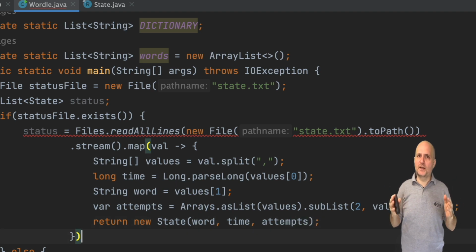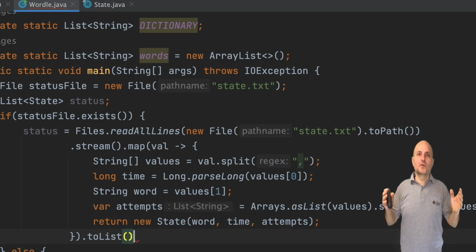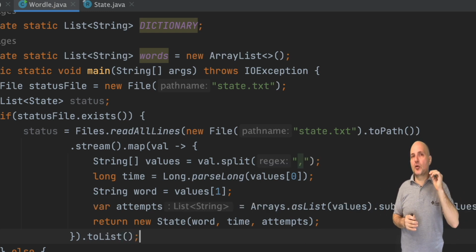Now that we can finally create an instance of the state record, we pass the arguments to the constructor in the same order we declared them. Notice that this works with the new keyword and doesn't work like a normal method invocation. We return the newly created instance to the map class. Finally, we can generate a list from the stream and return that. This resolves the problem in the compiler and the code will run.